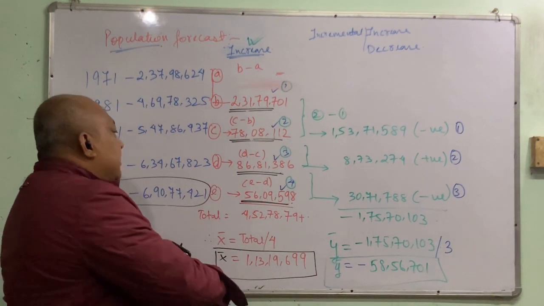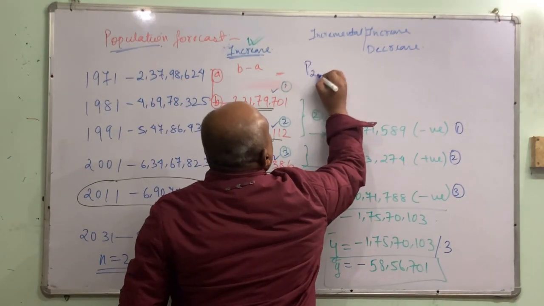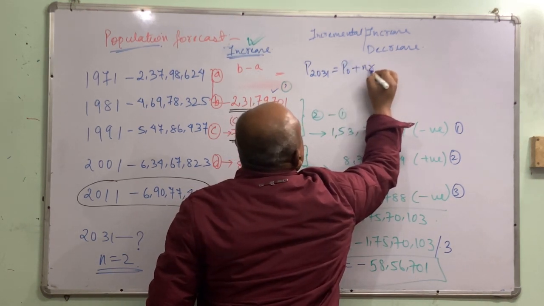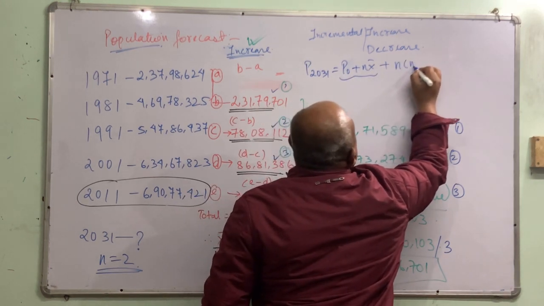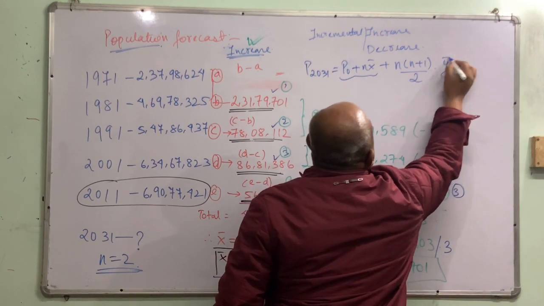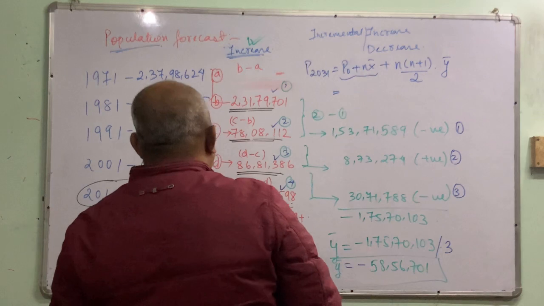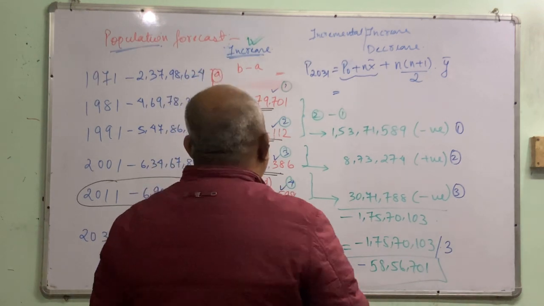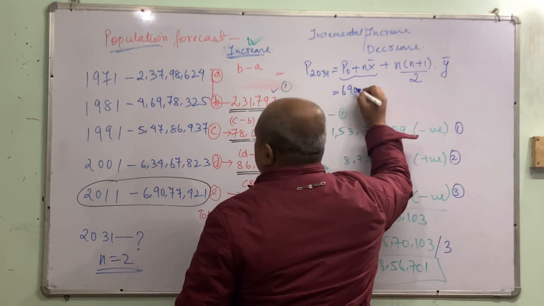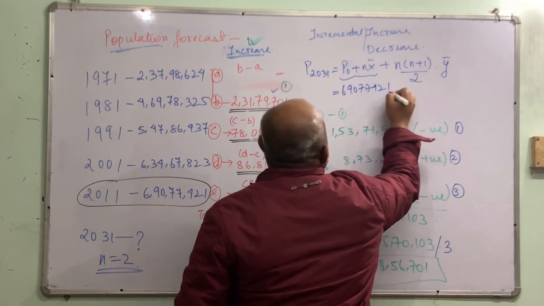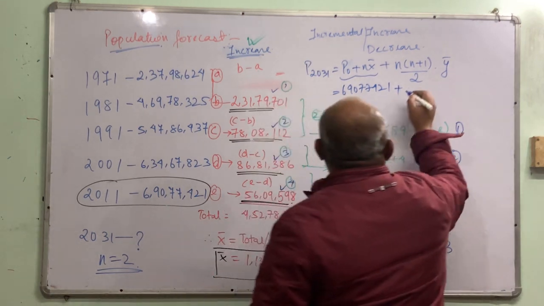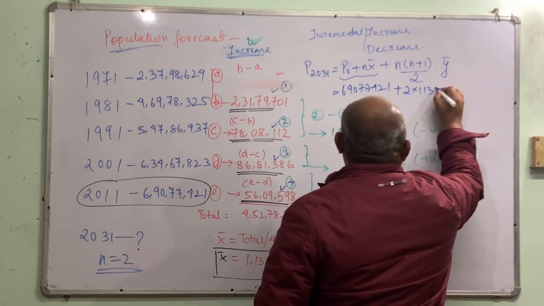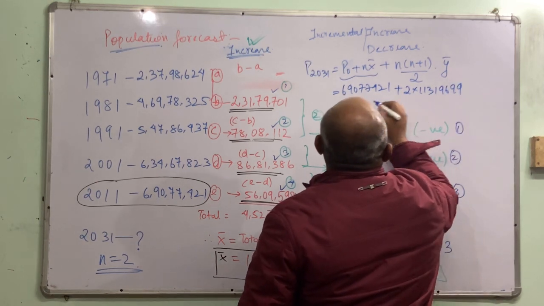Okay. Now in the incremental increase method, what you say is P 2031 is equal to P naught plus n x bar. This is the arithmetic mean part, plus n into n plus 1 divided by 2 into y bar. Correct? So this population we already had. I lost it. See, this is a problem. I cannot open my notebook. Even I cannot ask you. So population is 690,77,421 plus n is 3, n is 2, x bar is 113,19,699. Okay, this is the arithmetic mean,